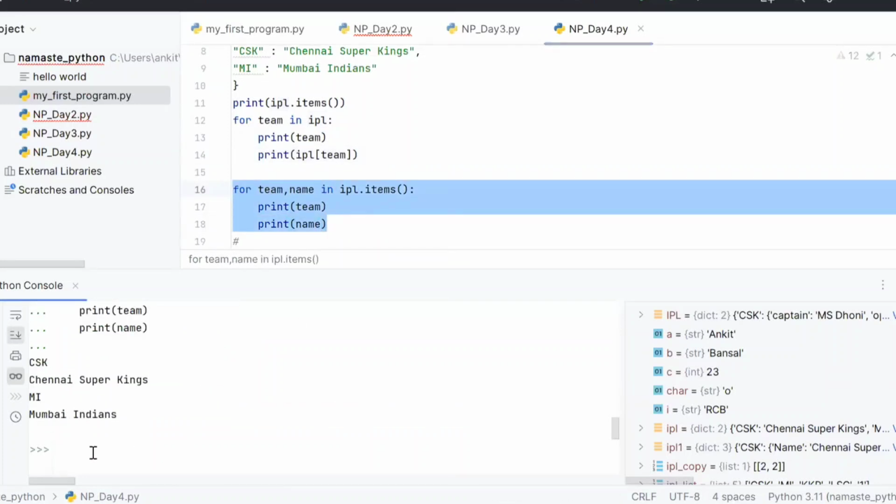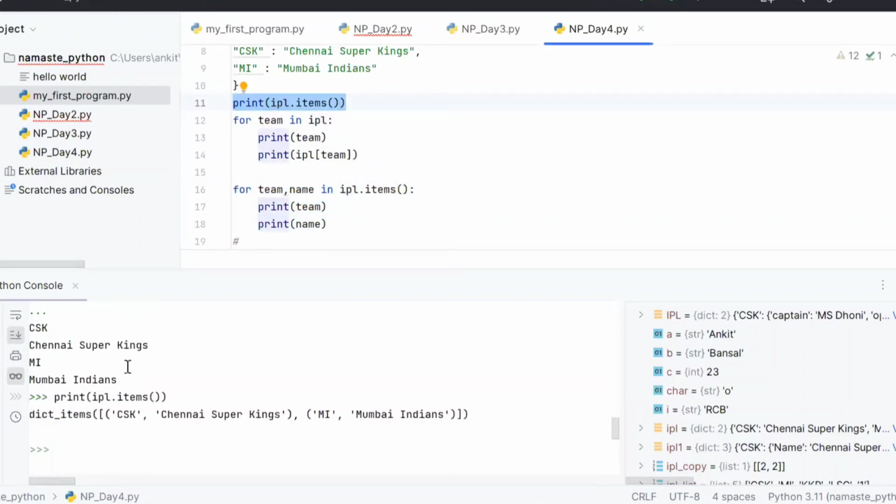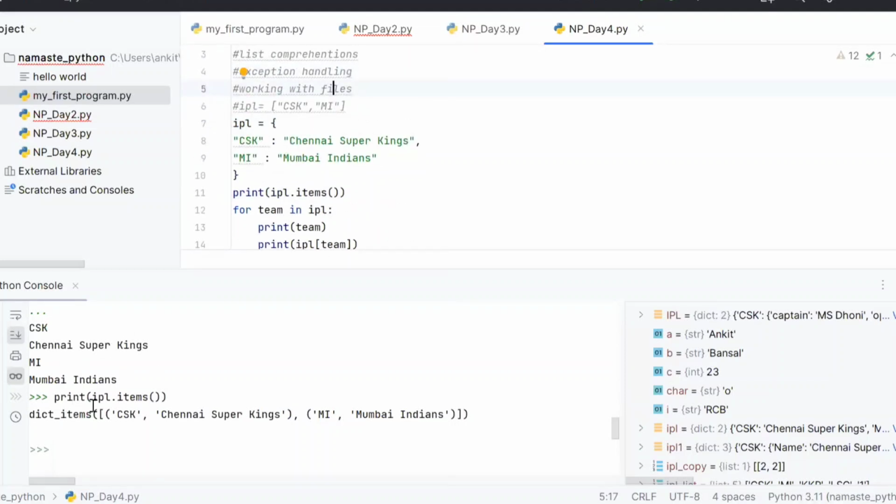Ankit, what exactly is the items function doing here? That's what we printed. Our dictionary is this key value pair, and it is converting it into another kind of data structure which is called dict items. We won't be using it much, only here. It is converting this key value pair into, you can say, a list of tuples. It is not exactly a list of tuples, but you can consider it a list, and each element of that is a tuple with two elements: one is the key of the dictionary and one is the value. And we are able to iterate over it. That's it.